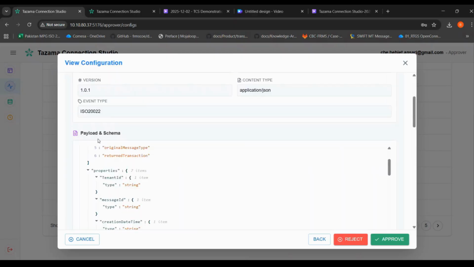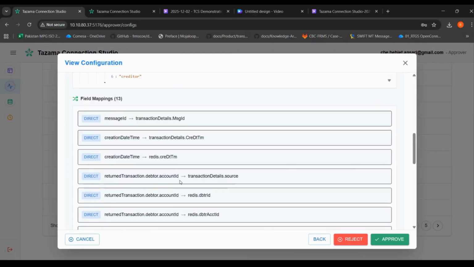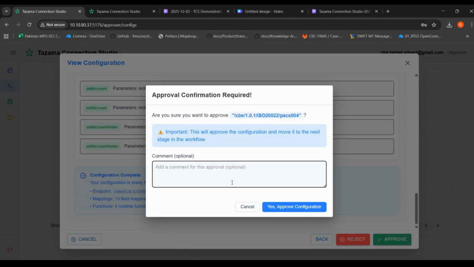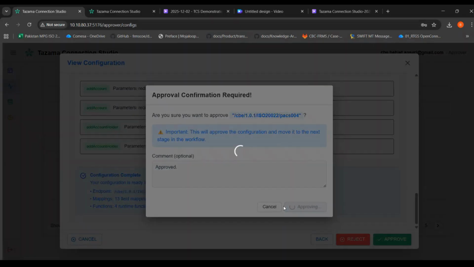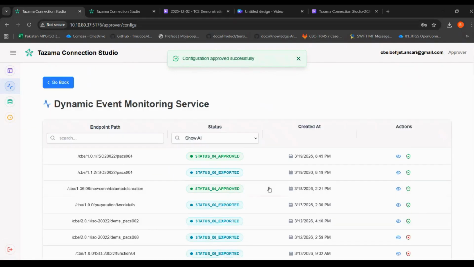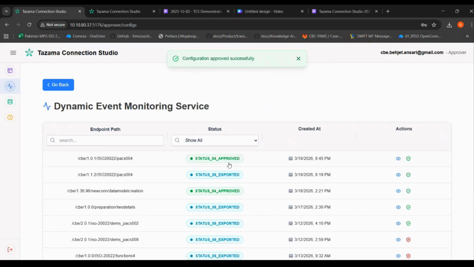They're going to view the transformed payload and schema. They can see the field mappings and functions, and they can either reject it or they can approve it. So I'm going to approve it for now. All right, perfect. So the status has been changed to approved, and this would now be present in the bucket